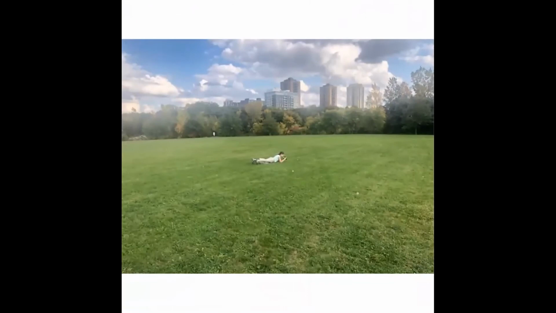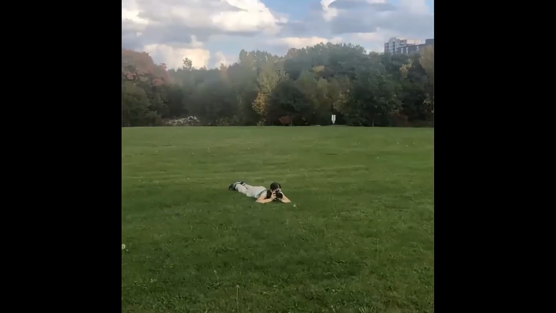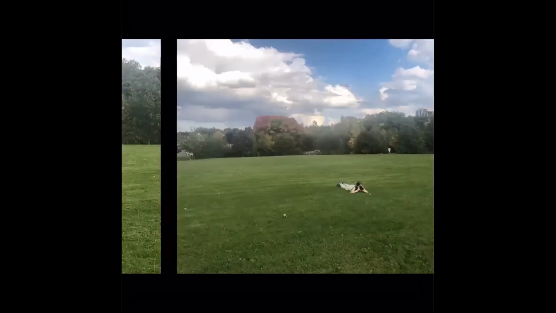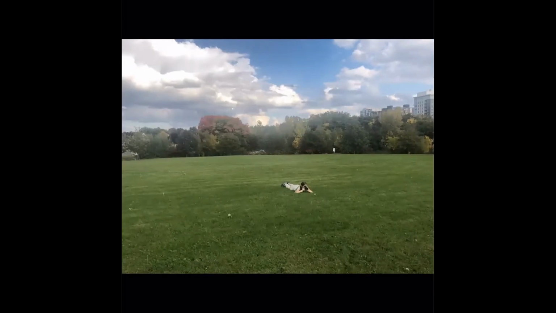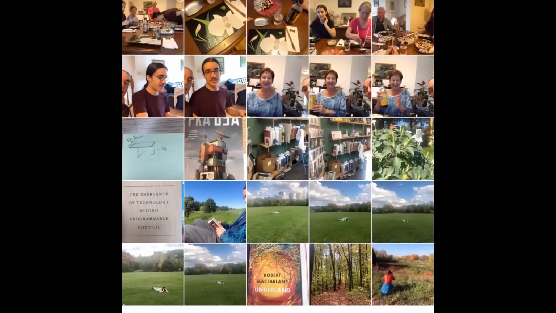So here is my daughter and I. We were out in the local cemetery. She was taking pictures of a very tiny little flower. I'll go through this and find a single photo that I like, and the rest of them are gone. That way, instead of having 39,000 photos, I'm going to have a few less. Realistically, your objective is going to be to have fewer photos at the end of the day than before.